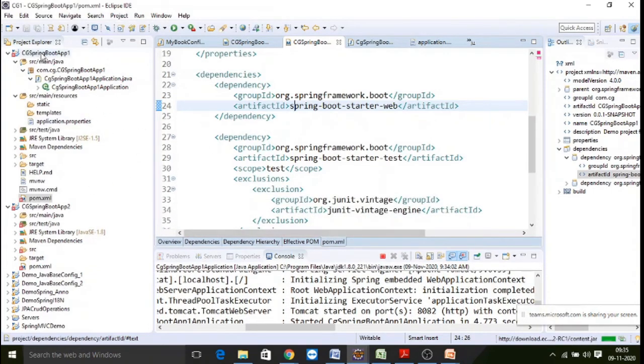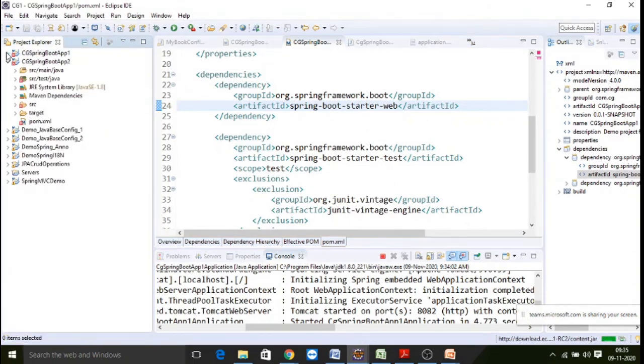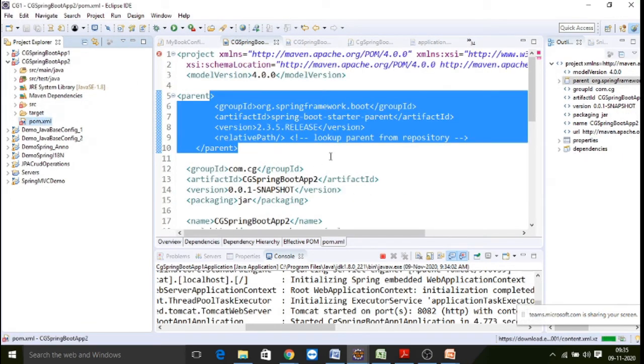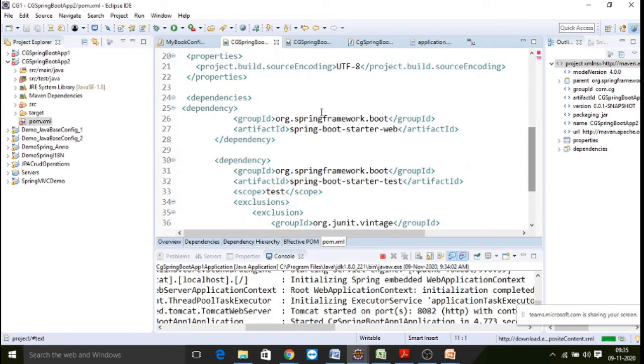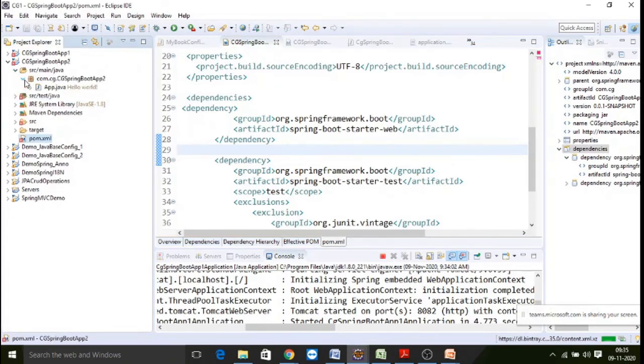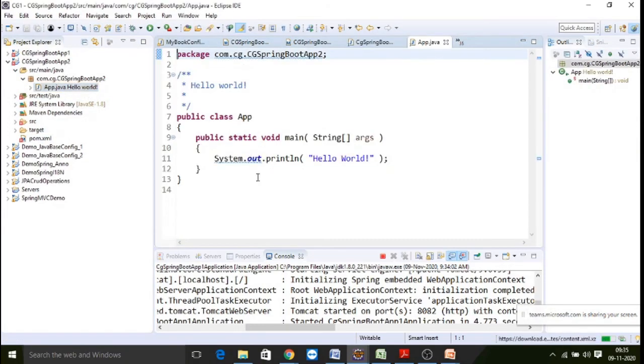This is the application we created by using Spring Initializer. Coming to the second application, this we created with a simple Maven project. We have just added the parent and the Spring Boot starter web. This is done. Now this is running on 8082, right? Let it run. Now we will go to the main class. Here, as we have created a simple Maven application, it will not give you the bootstrap application. We need to make it.